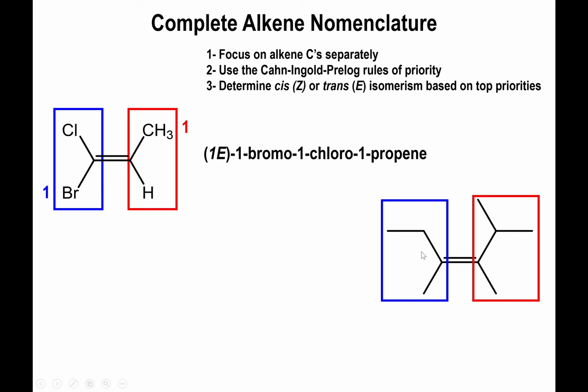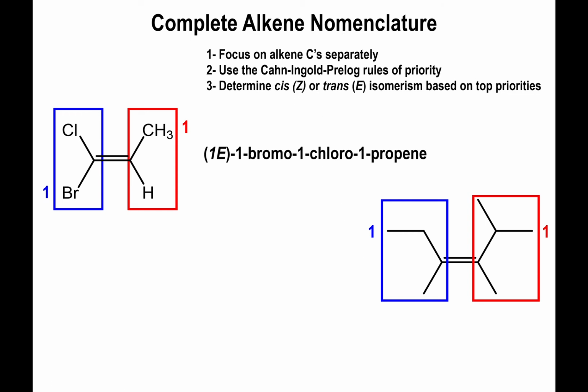So in terms of priorities, you simply need to look at how much hydrogen content each one of these carbons has. This is a CH2, whereas this is a CH3. CH2 takes priority over CH3. Over here you have a CH, and down here you have a CH3. CH takes priority over CH3. So you got your two priorities pointing in the same direction. This is a cis configuration, so we're going to use a Z